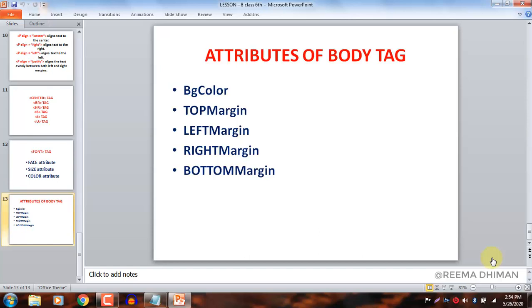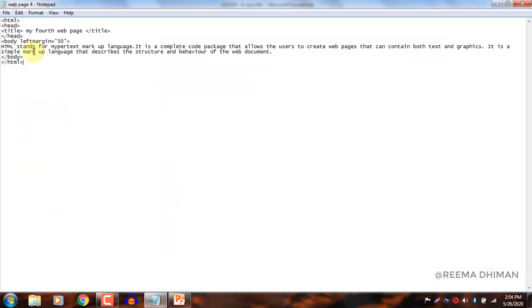As we have used the top margin attribute, similarly we can use left margin. We just type the attribute name within the body tag. I have written left margin here, and we have to give the value. For example, I want to leave the left margin by 100 pixels.